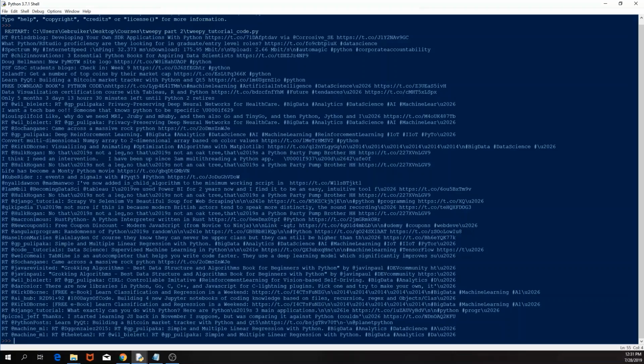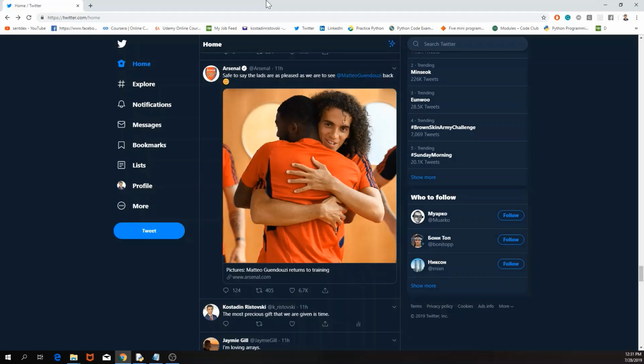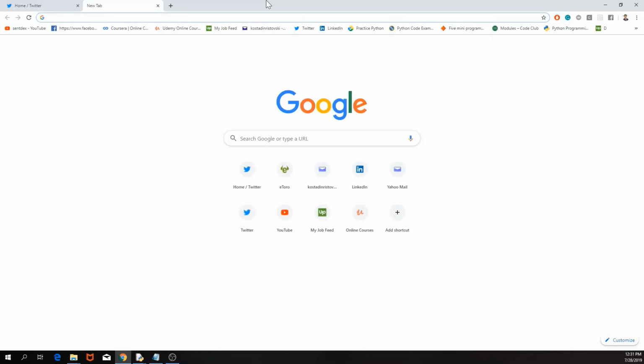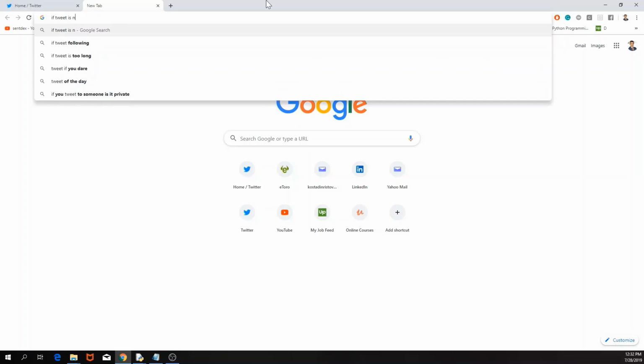As you can see, basically our script also does retweets. So if a specific tweet has been retweeted, it will be shown here again. We will also check how to actually not display those tweets, but the best way would be to actually Google. So the code would be: if tweet is not a retweet,